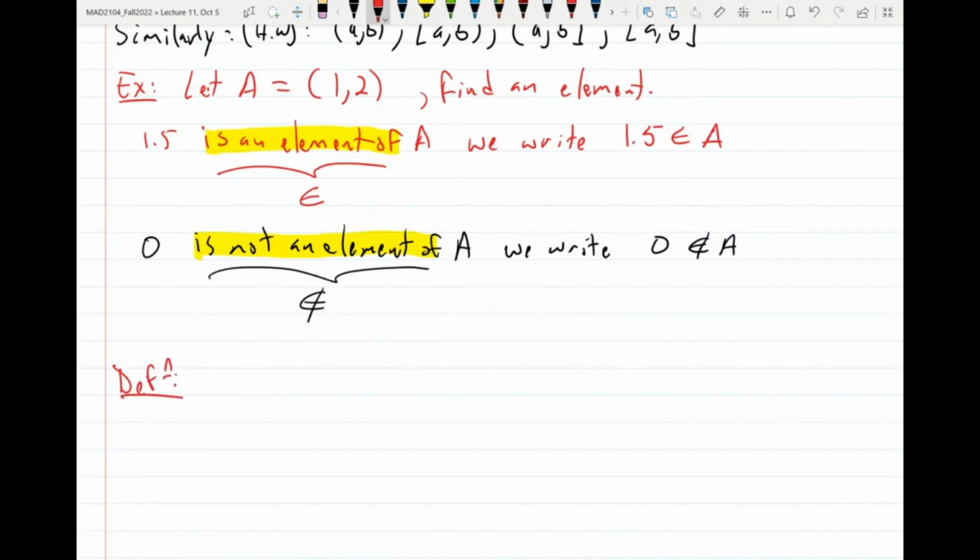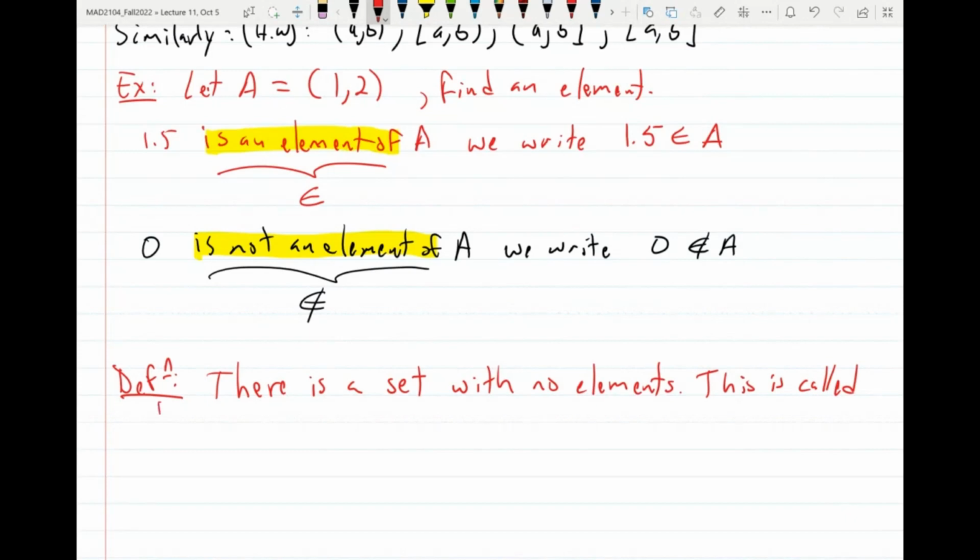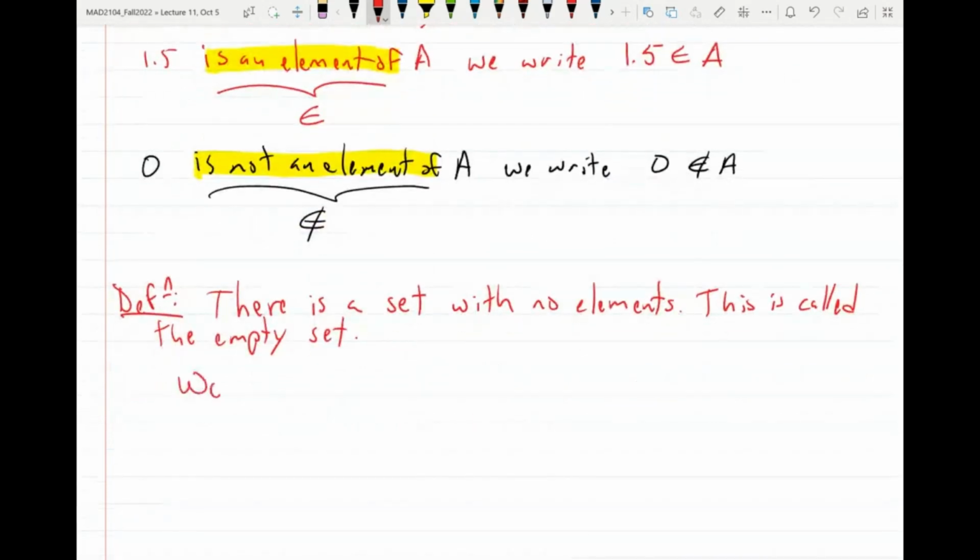This is actually one of the axioms of set theory. There is a set that has no elements. Okay? And we call this the empty set. Okay? So there is a set with no elements. This is called the empty set. Okay, so we write